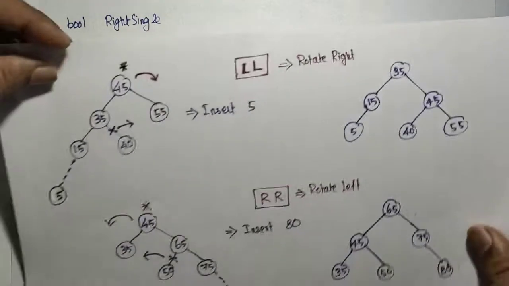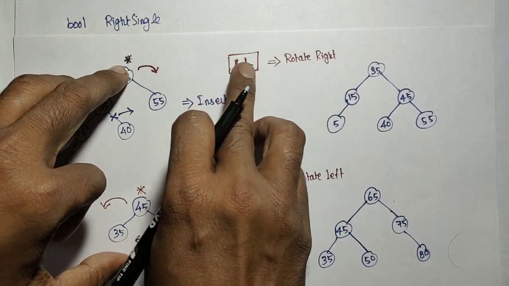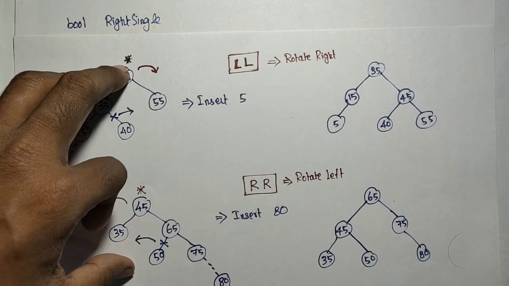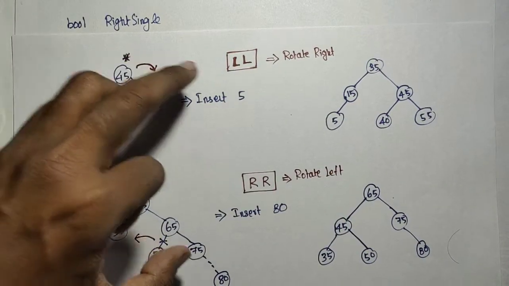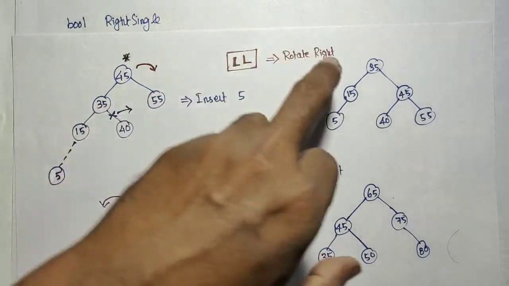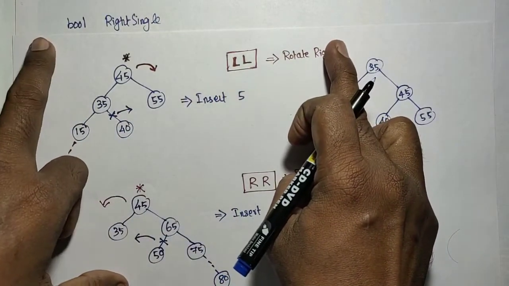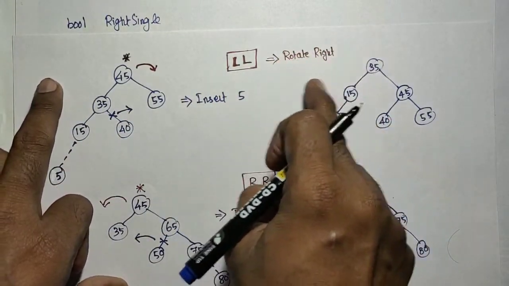That is if this case occurs. Okay, how to check this status of cases is there in the insert function. Okay, how to identify this case: left of left, right of right, like that. And here the corresponding action alone we are going to implement. Okay, rotate right, how to do that?